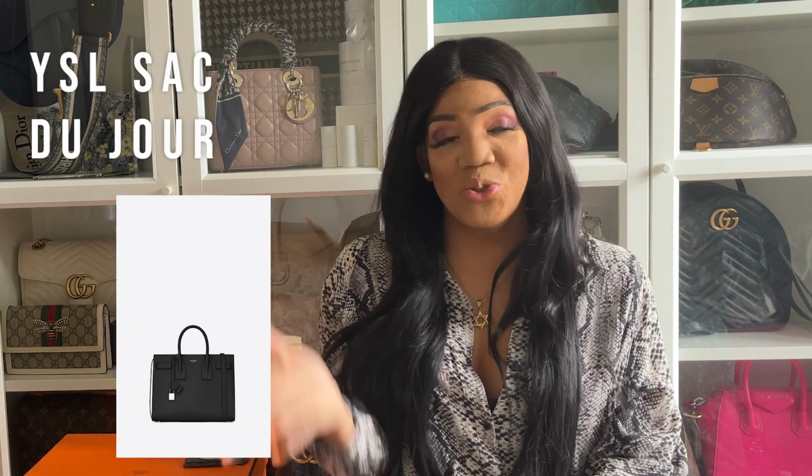And moving on to bag number 7, which is the YSL Sac de Jour. I mean, what's not to like about a Sac de Jour? A Sac de Jour is kind of like a daily bag. Comes with a strap depending on the size that you get. You can fill her up, fill her down, dress her up, dress her down, and you can keep reusing it. This bag has been around for a hot minute,